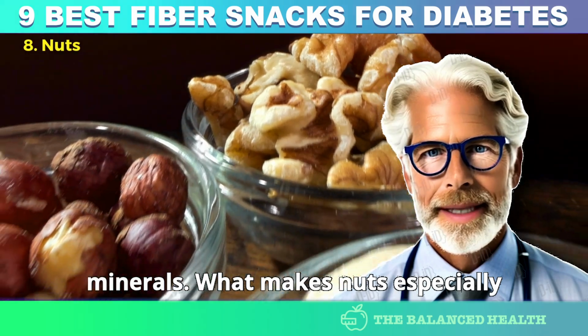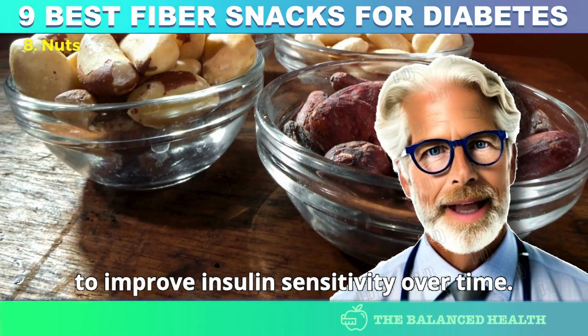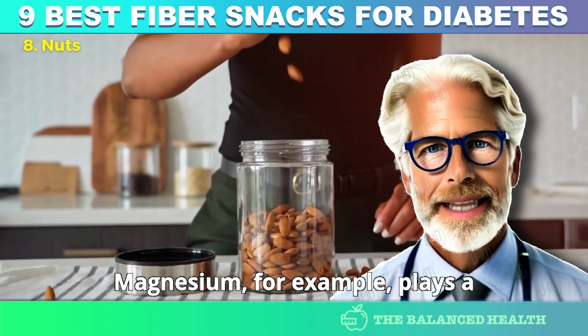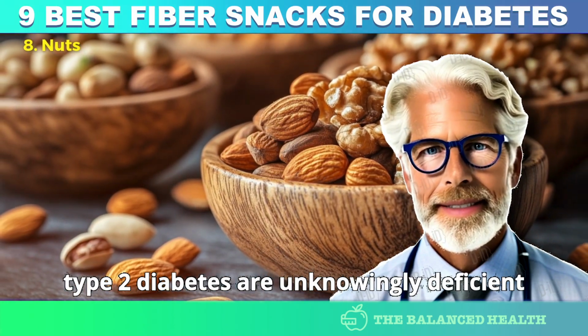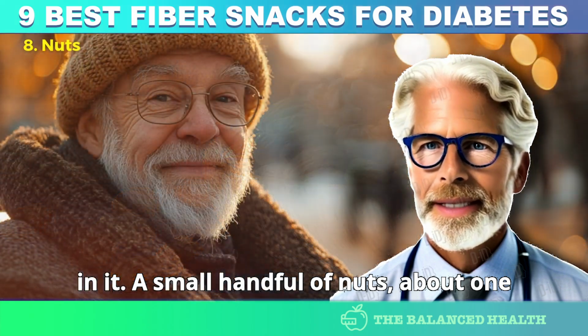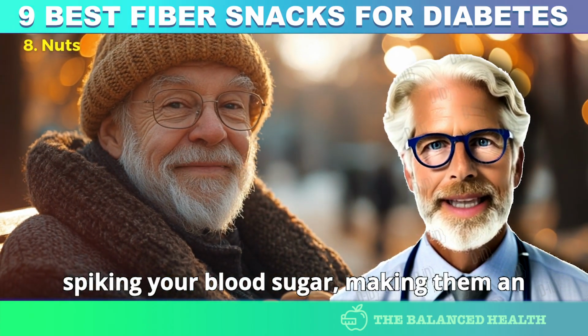What makes nuts especially beneficial for diabetes is their ability to improve insulin sensitivity over time. Magnesium, for example, plays a crucial role in the body's glucose regulation process, and many people with type 2 diabetes are unknowingly deficient in it. A small handful of nuts, about 1 ounce, provides healthy fats without spiking your blood sugar, making them an excellent